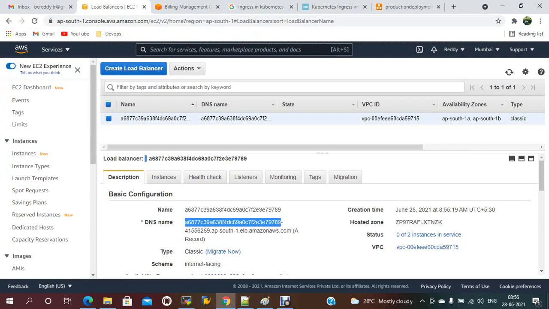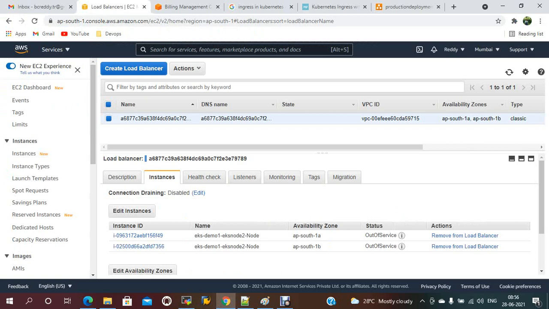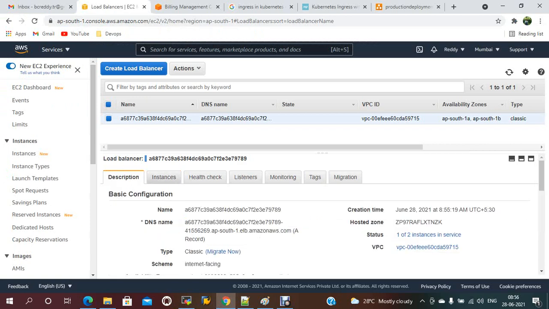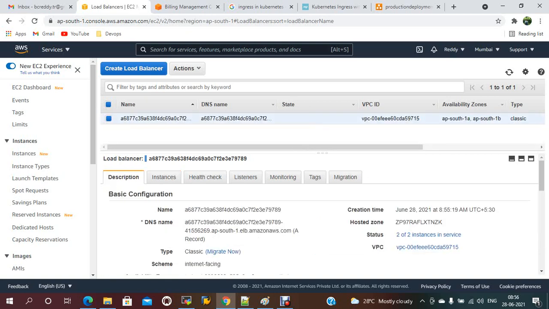You have to wait until this comes to in service. Now one is in service. You have to wait for it to be in service. You can access it now also.